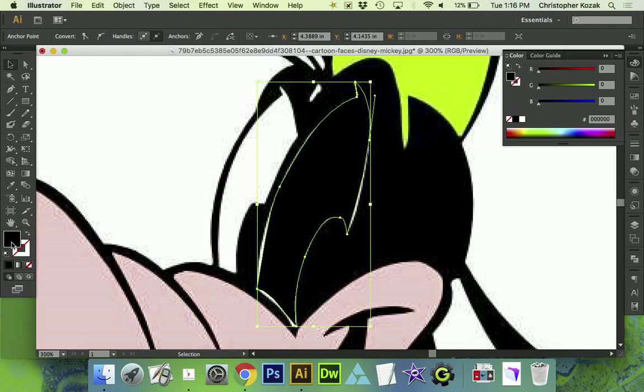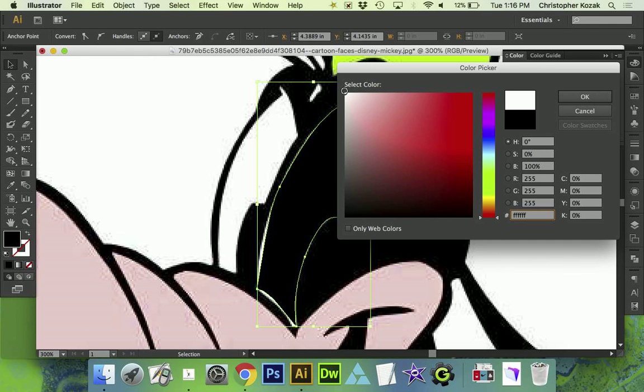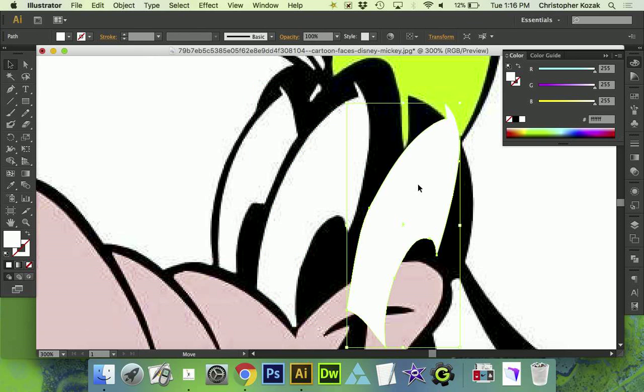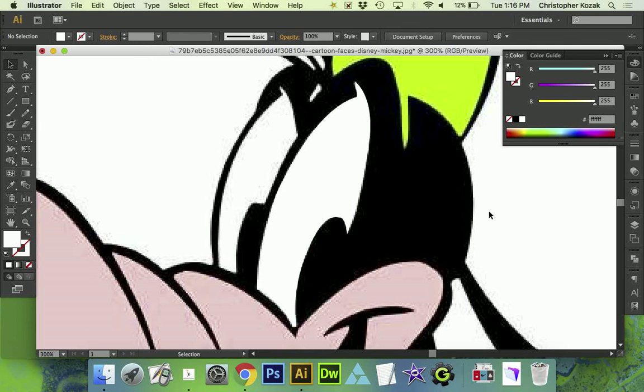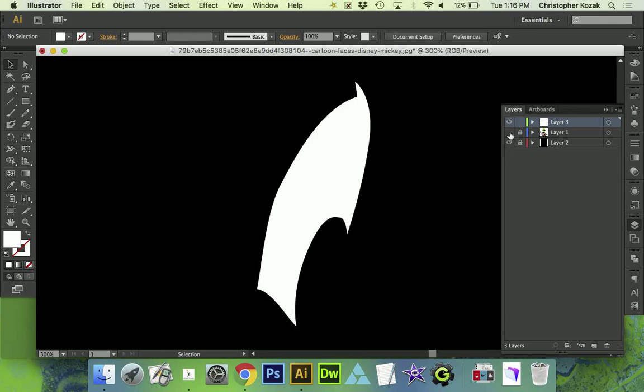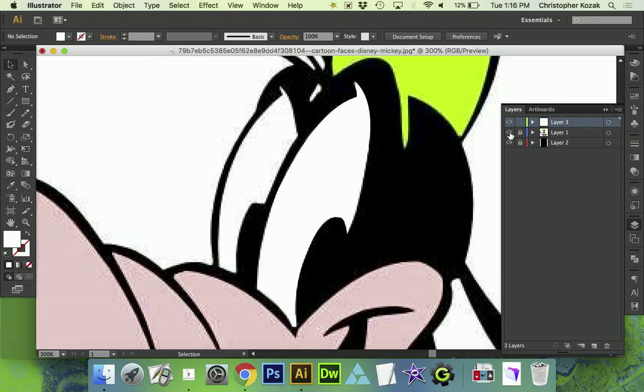So I've got that. I'm just going to double-click my color picker, change that to the color white, and there you go. Now, to you and us, it looks exactly the same, but remember that that's my own shape. I just made that by outlining. And the great part is, because it's on a separate layer, just like with Adobe Photoshop, at any time I can come over here to my Layers tool and hit that eyeball to make the Goofy layer invisible, and I can see my shape right there. So I can go along and outline anything that is white,